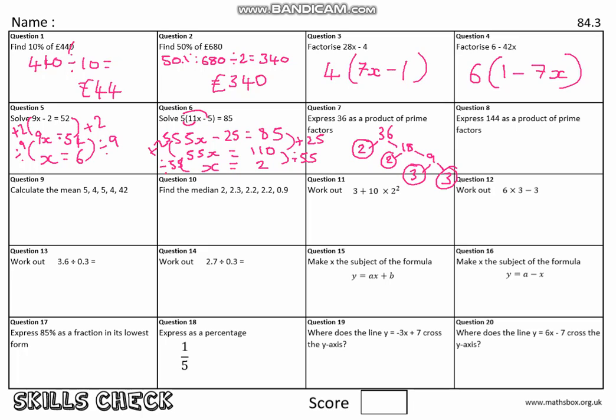So now I've done this, I've got my answer. So 36 as a product of its prime factors is 2, 2, 3, 3. But that's not quite how we write it. We would write it in kind of the form of indices. So we've got two 2's, so we would have 2 to the power of 2, or 2 squared, times 3 to the power of 2, or 3 squared. So I'll just rewrite that for you now. Okay, on to the